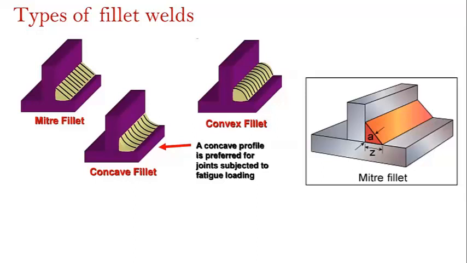Now you might have a question: where shall we use which type? It depends on the material property, it depends on the safety of the joint, and also it depends on the efficiency of the member. So based on these categories, you are going to provide the different types of fillet welds. Okay, there is no strict rule that you should always use only the miter fillet weld, or always the concave fillet weld, or always the convex fillet weld. It depends on various properties and deciding factors. So that's about the different types of fillet welds.